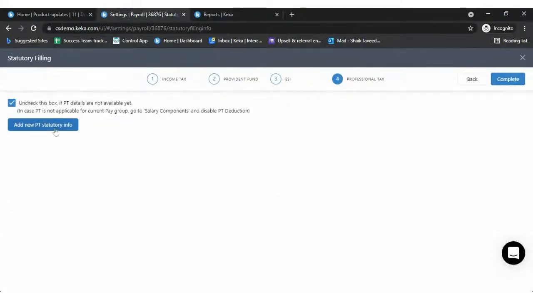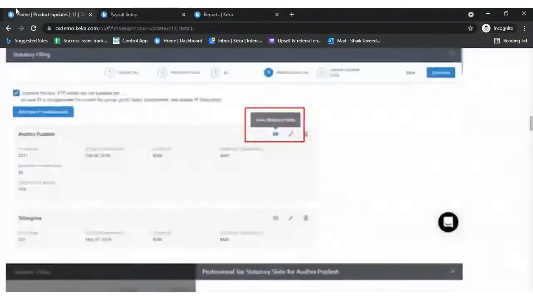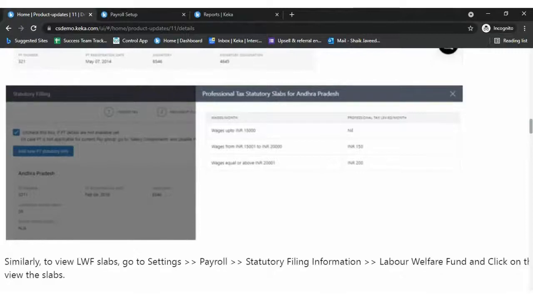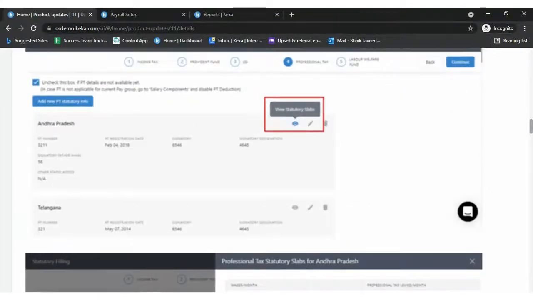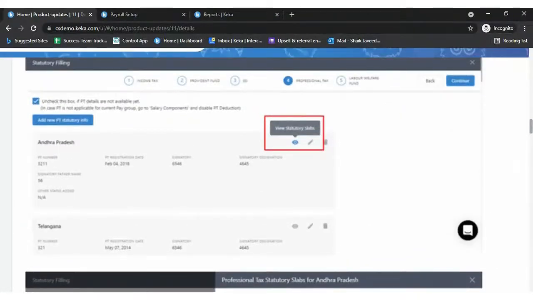Most of the accounts have not enabled PT, so the tools are not available. I'll just show it in the demo itself. You will be able to view the statutory slabs, like what the statutory slabs look like for Andhra Pradesh or different states, under statutory filing information under professional tax.